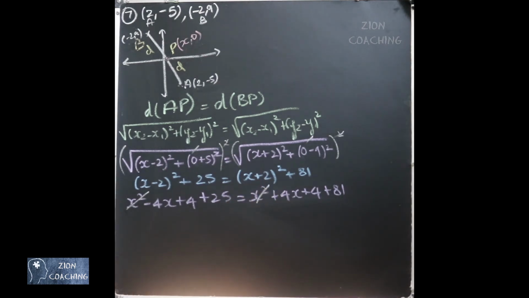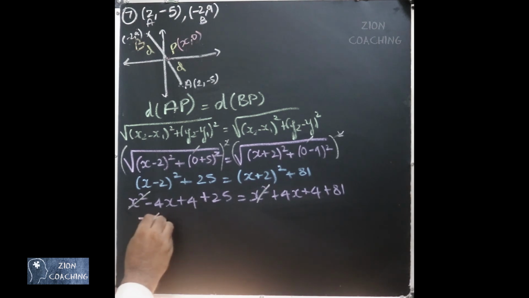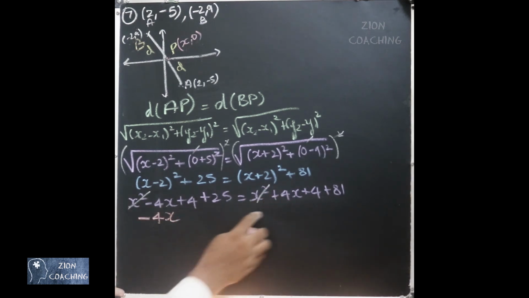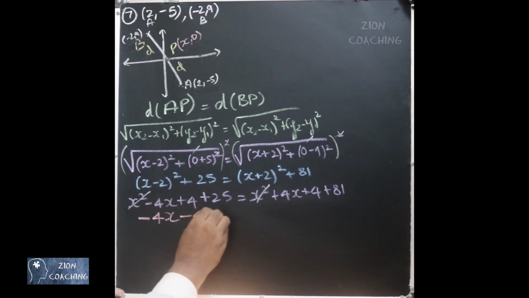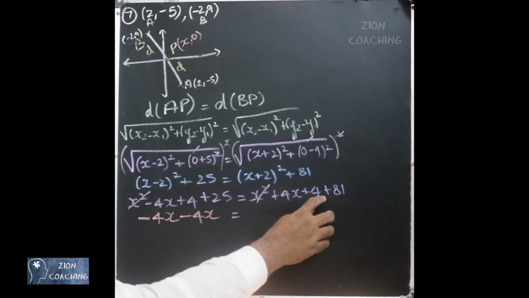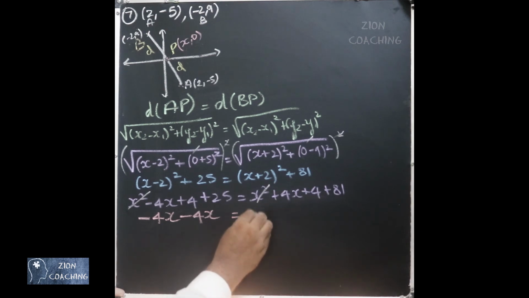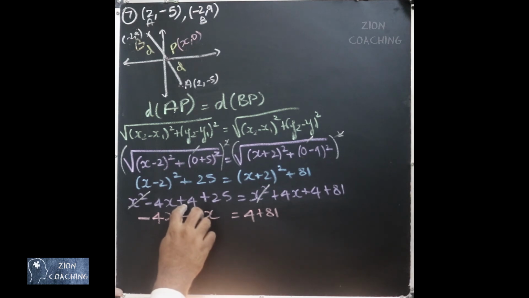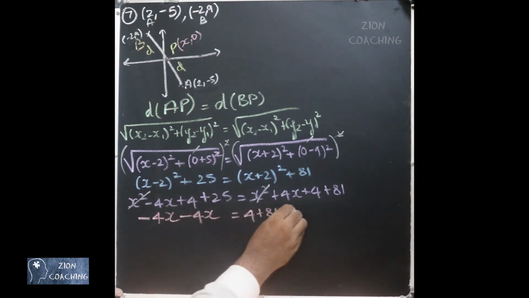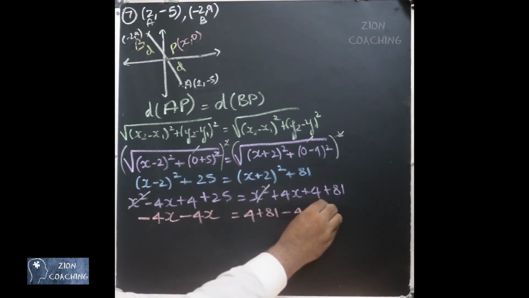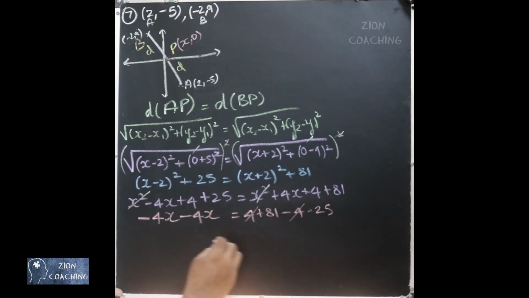Then bringing all the variables to one side and taking all the constants to the other side, you will have, already we have minus 4x here. Bring that plus 4x to this side, you will have another minus 4x equal to, we have 4 and 81 on that side. Now we are going to take these numbers to the other side. When you take this 4 to the other side, it will become minus 4, when you take 25 to the other side, it will become minus 25. You can see that 4 and minus 4 will get cancelled. So we will have minus 8x equal to